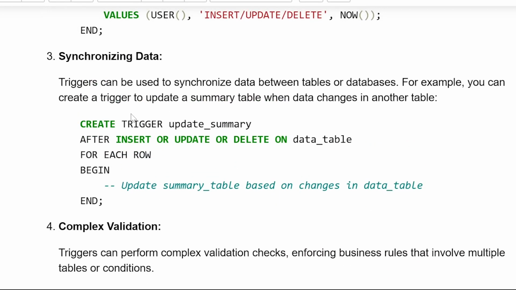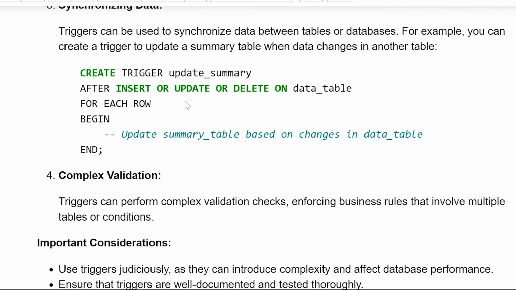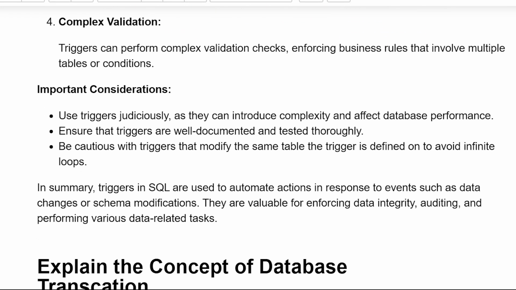Third, synchronizing data. Triggers can be used to synchronize data between tables or databases. For example, you can create a trigger to update a summary table when data changes in another table. CREATE TRIGGER update_summary AFTER INSERT or UPDATE or DELETE ON data_table FOR EACH ROW BEGIN update the summary table based on the changes in data_table, and